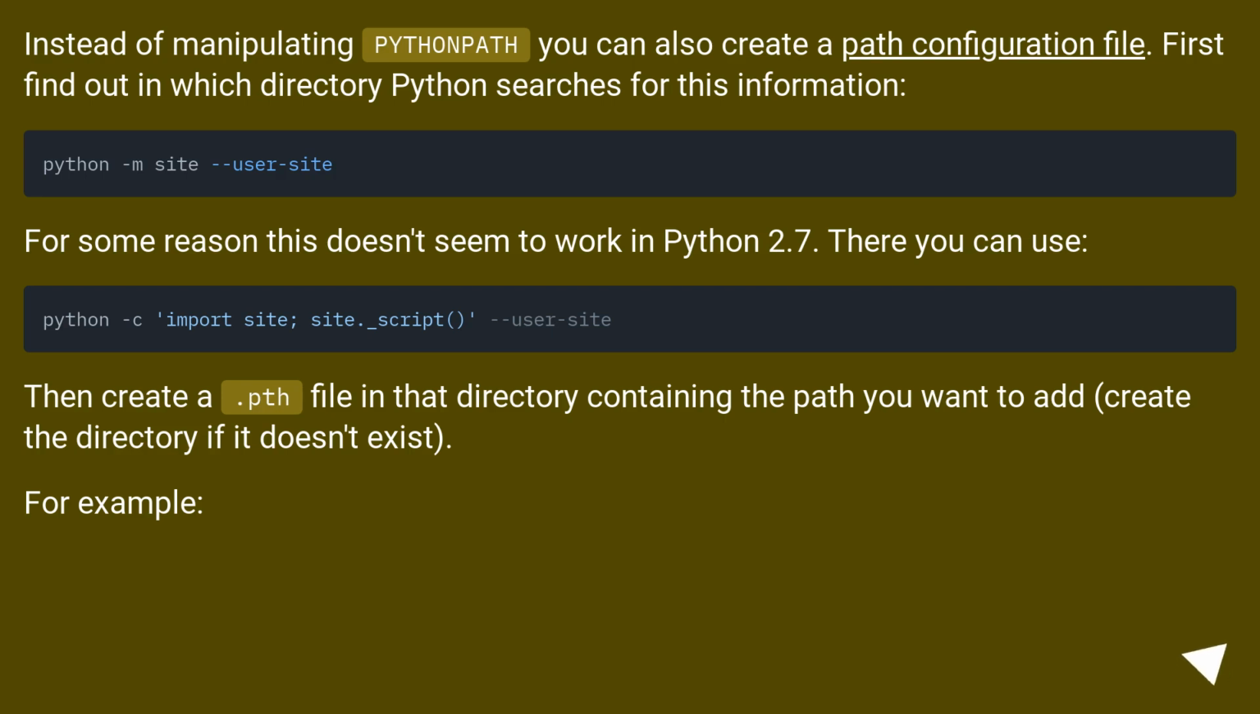Instead of manipulating Python paths, you can also create a path configuration file. First, find out in which directory Python searches for this information. For some reason this doesn't seem to work in Python 2.7. There you can use. Then create a .pth file in that directory containing the path you want to add. Create the directory if it doesn't exist. For example,